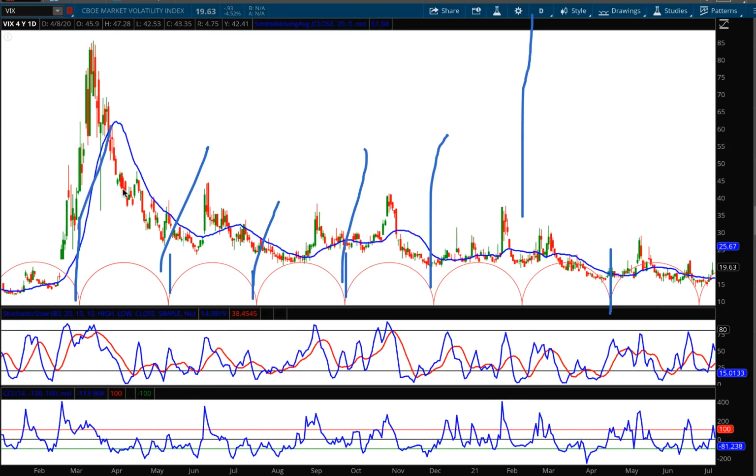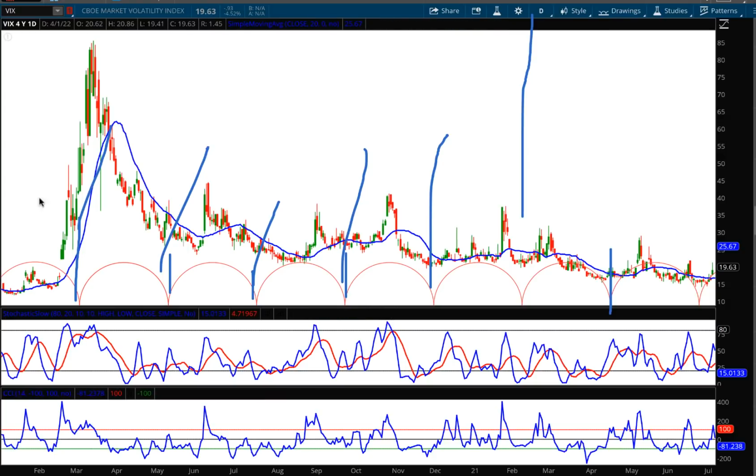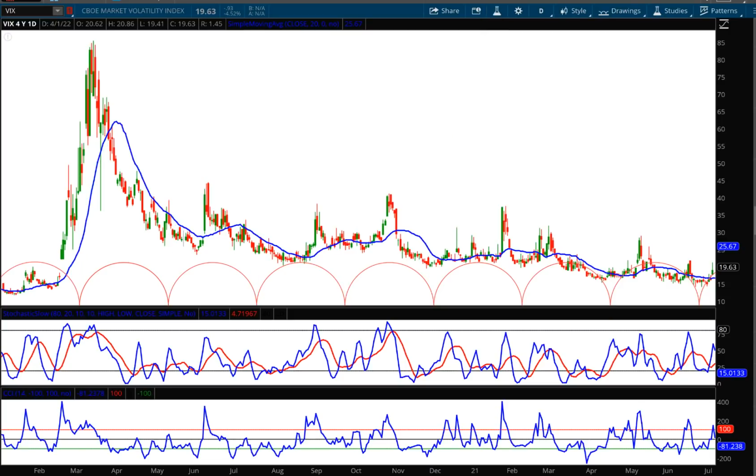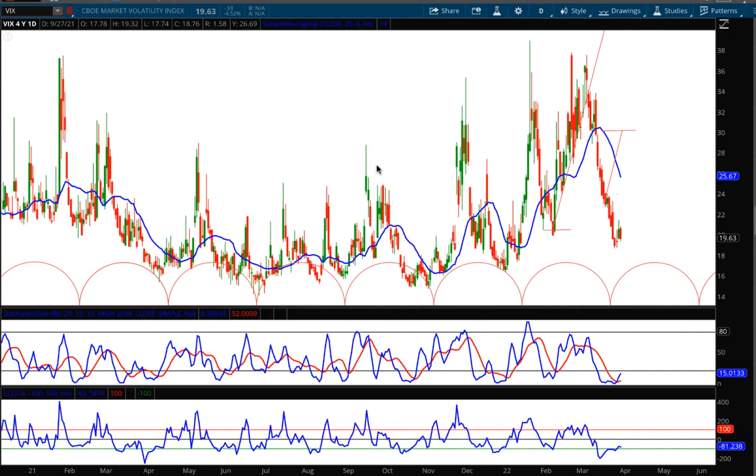Take a look at this one. On this cycle low back here, all the way to the left, you can see how these match up. If you had bought on this cycle low right here, look at this tremendous profit you would have made buying the VIX. And so this is what we are seeing, and I'm going to keep that in place. Of course, I can't give you a 100% guarantee that the VIX is going to rally,